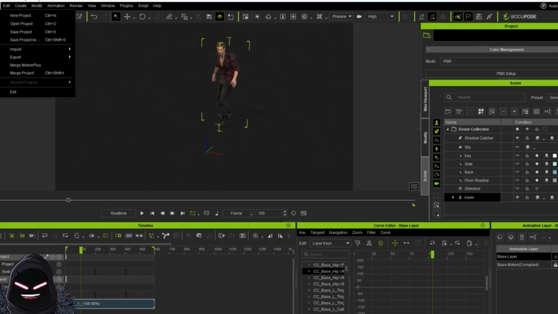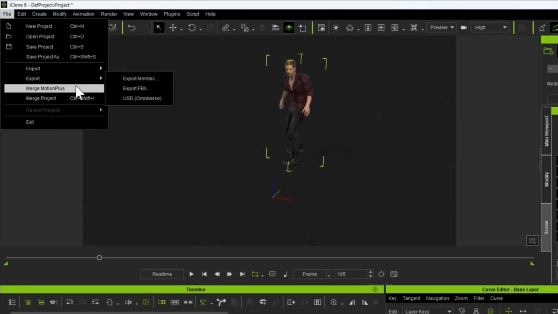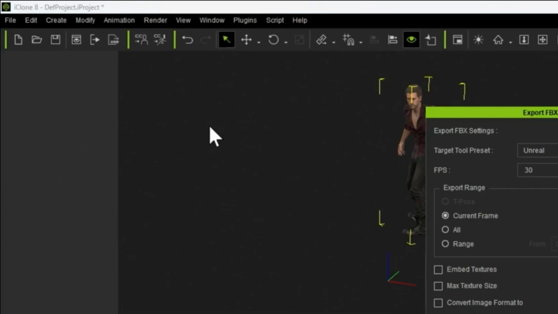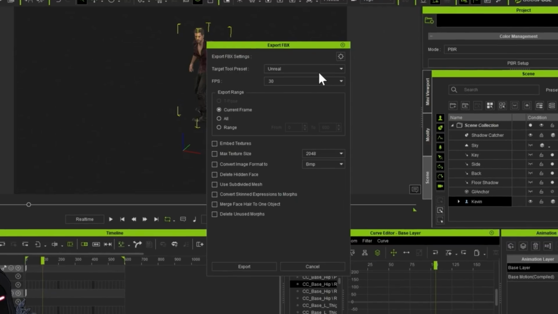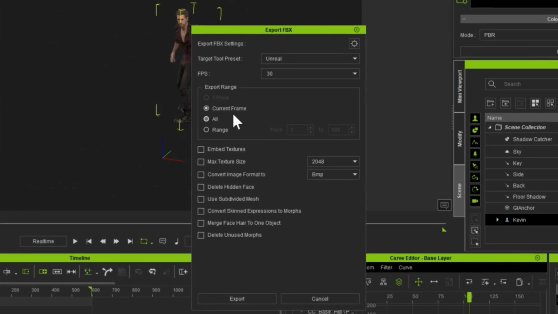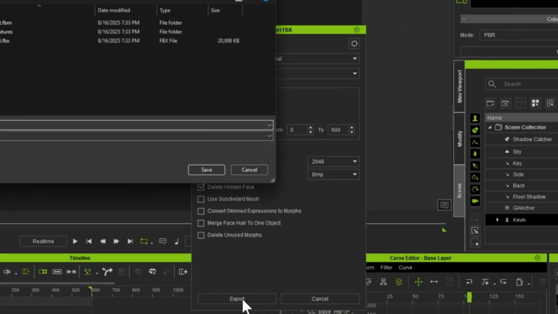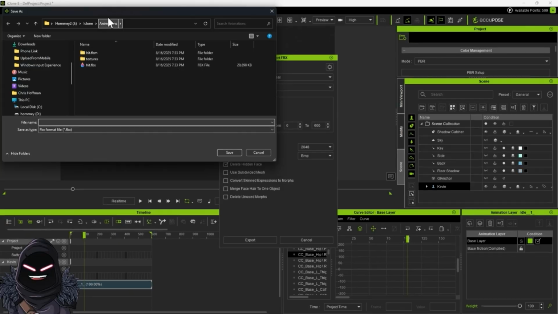Now we're going to go into the file and do the export FBX. The target tool is the Unreal. Instead of the current frame, we're doing range, so that gives us 0 to 600. You can do match, embed textures. I like the embed textures and delete hidden faces. Really shouldn't matter because we're just taking the animation itself. So I can do all that in the Unreal, but I'm going to go ahead and edit that, and I'm going to go ahead and put this in my